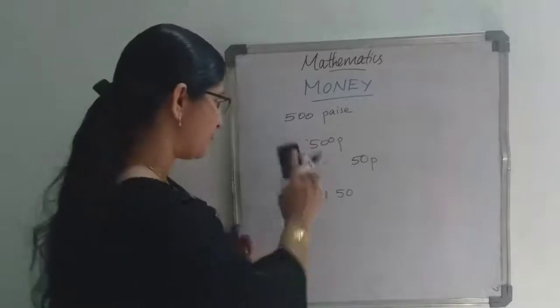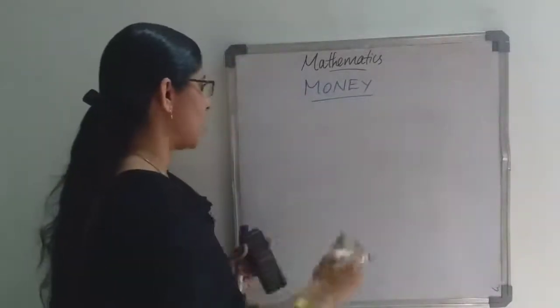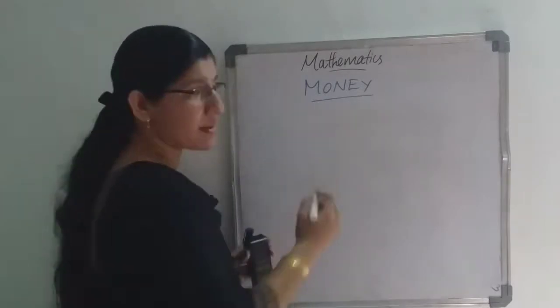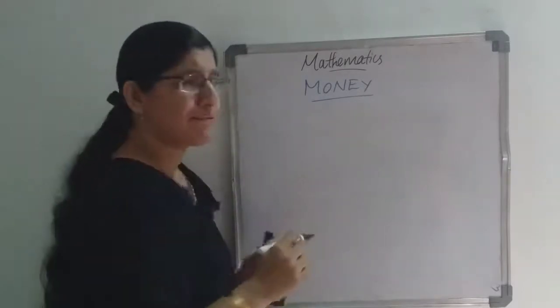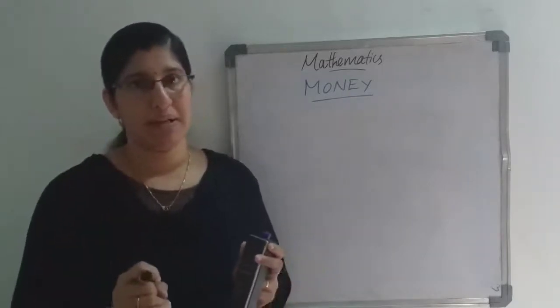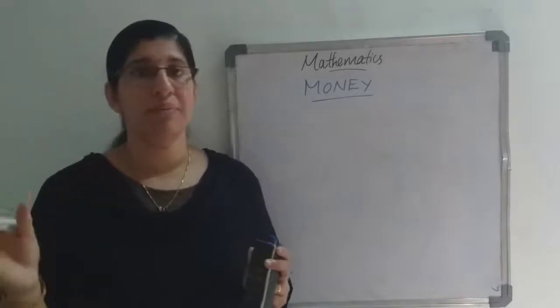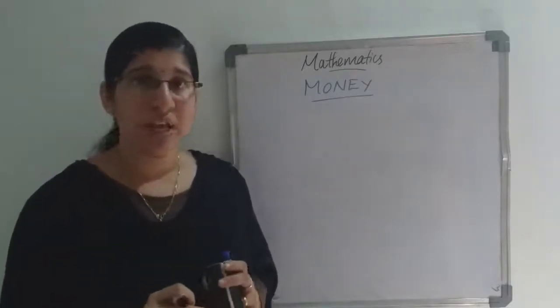Clear? Okay. Next we are going to study some common things. We already studied some rupees and paise, but every time the paise should be a 1-digit or 2-digit number. Above a 2-digit number there will not be any paise. Why?